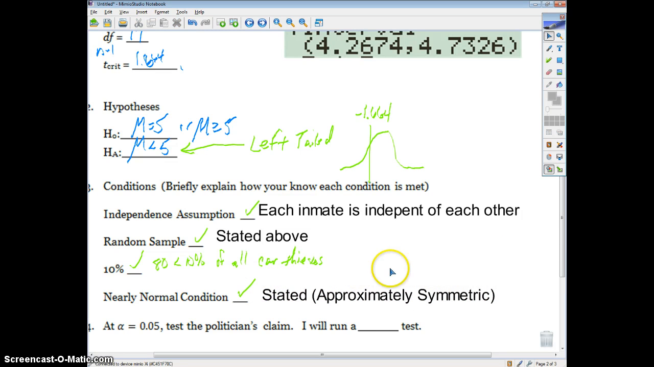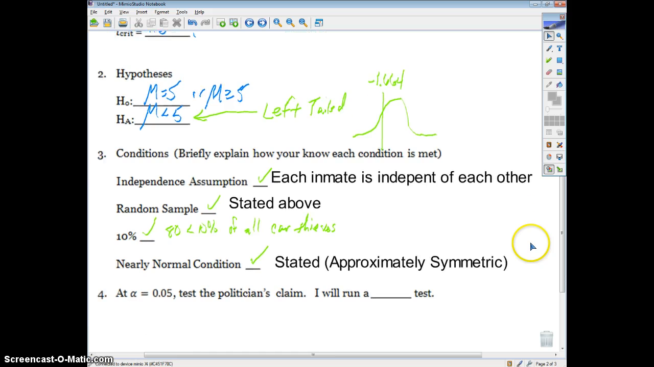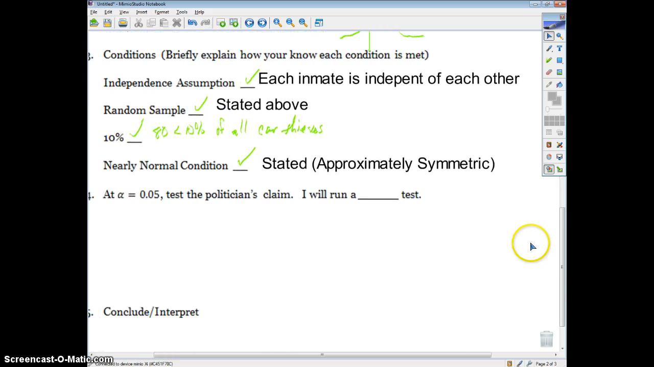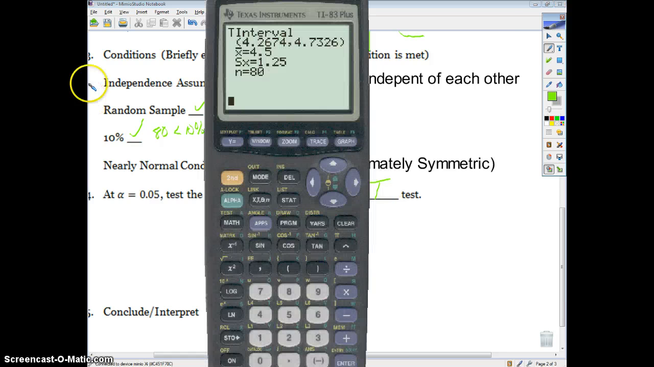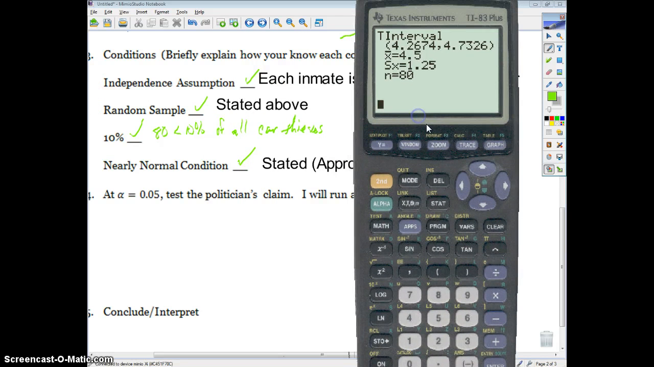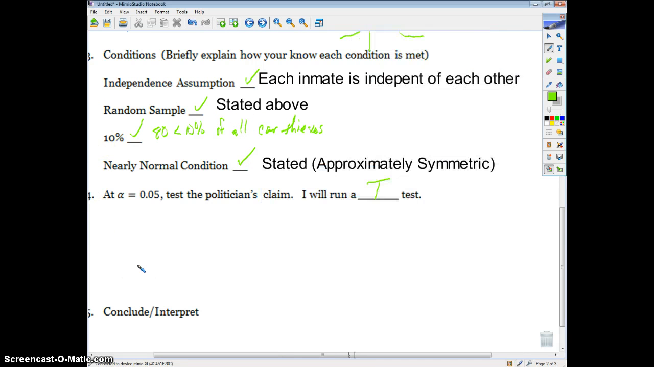Okay, so now at the alpha 0.05 level, we are going to test this politician's claim. To do that, we're going to run a t-test, and I can do that on this calculator right here. So again, if we were doing this by hand, we would use the formula, t equals what's called